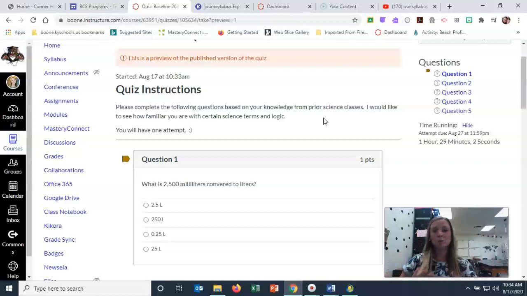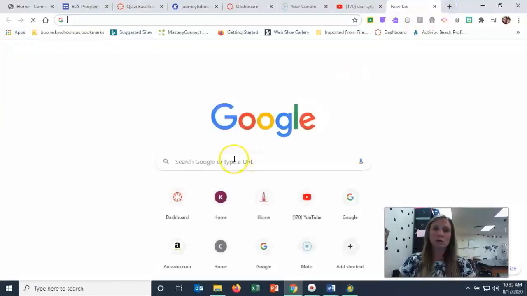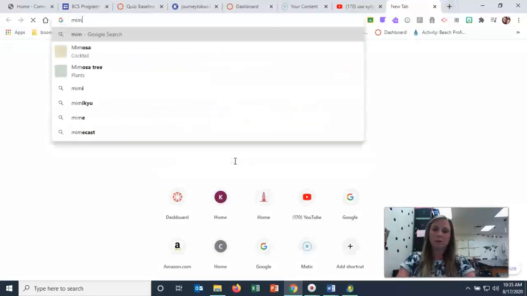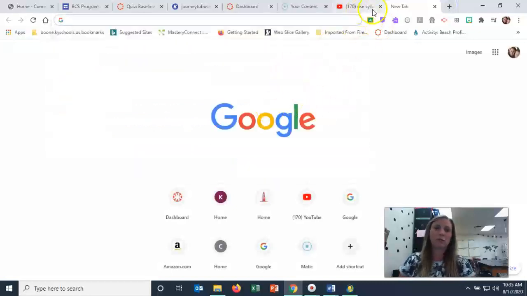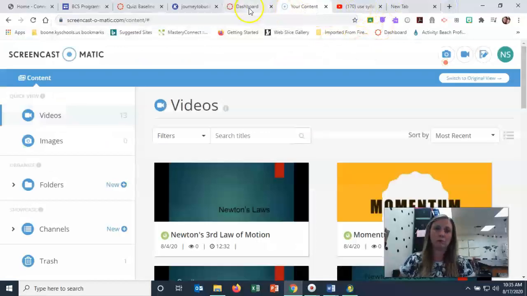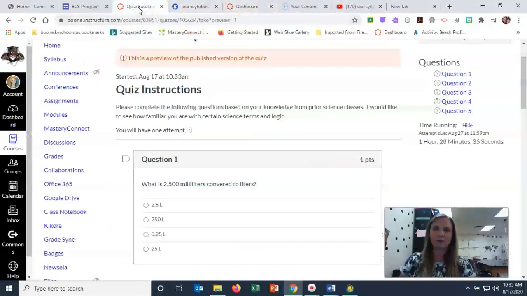Now, I will warn you, Canvas does allow me to see when you've moved away from the quiz at whatever time you are taking it, meaning that if you're like, I don't know what this means, let me go to Google and type in millimeters or whatever it may be that you're trying to do. It's going to show me that you have moved away from this test, and that normally flags me as, why are they doing that? So be very careful, because we don't want to get into a conversation that says that